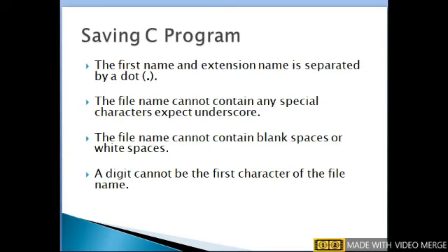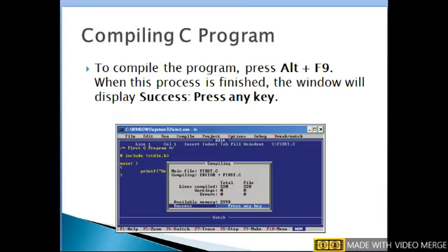After saving a program, we need to compile the program. To check any syntax errors, we must compile the program. We will see how to compile a C program. To compile the C program, use the shortcut key Alt plus F9, or you can use the compile menu.